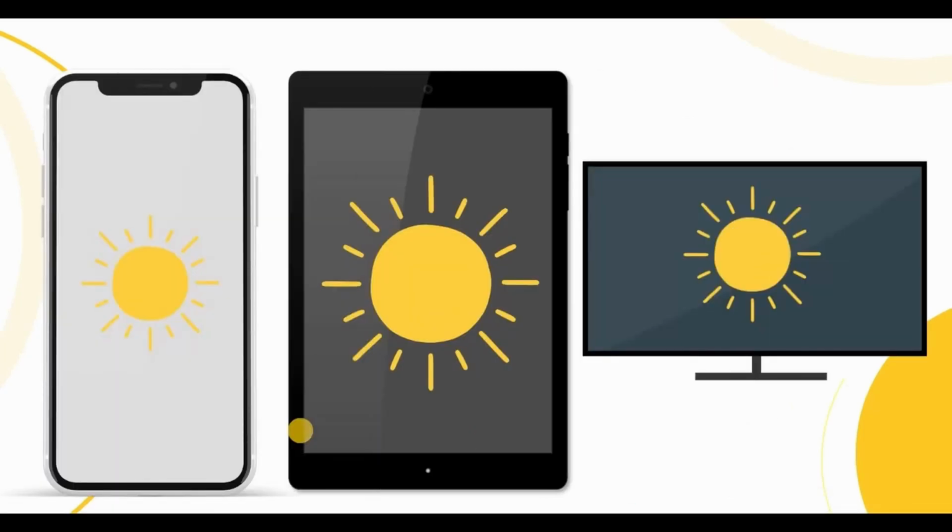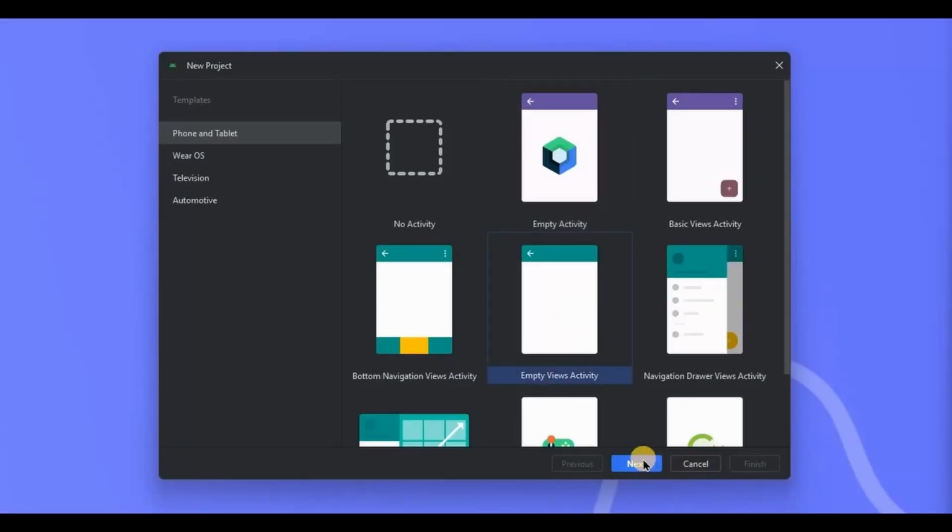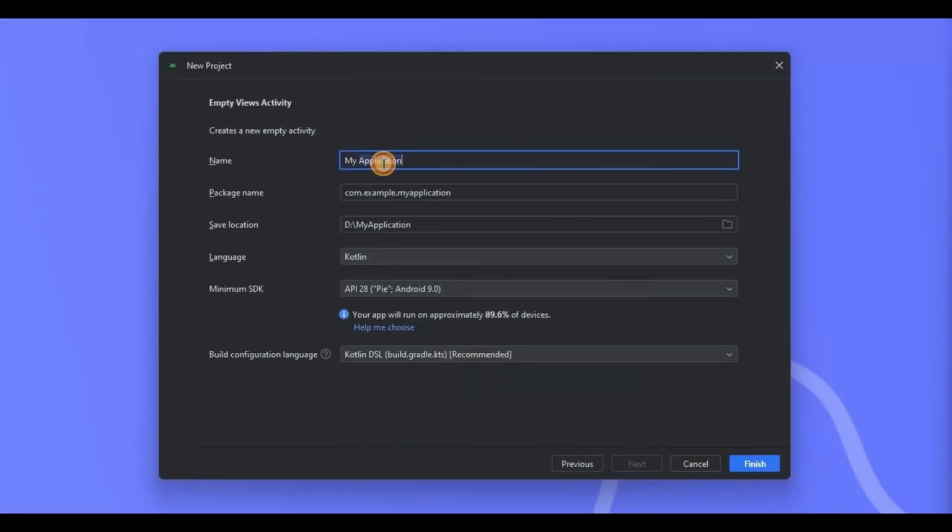Hence, to avoid such situations, professional developers make sure that whatever app they create should be supported by all screen sizes. And that's what we are going to do in this video. Also, if you are looking for supporting screen sizes for Jetpack Compose UI, you can click on the I button to watch. Now let's implement it for XML UI.